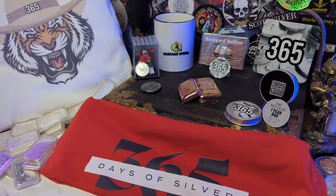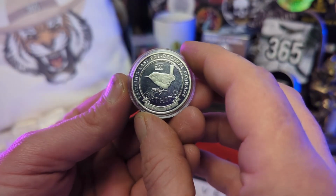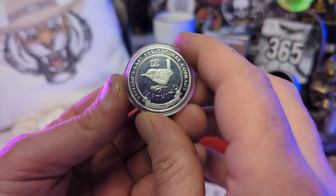So there'll probably be another 50p added by myself, as well as maybe some old coins and a little tiny bit of silver as well. And speaking of silver, lastly, we have this absolutely wonderful 2021 Silver Gibraltar half crown right here, celebrating the last